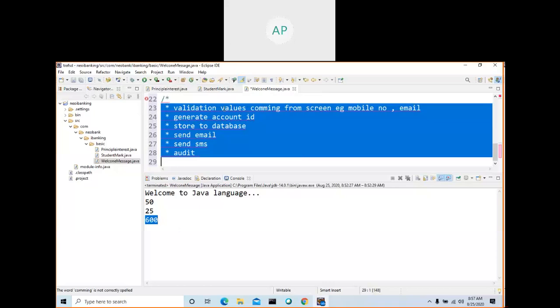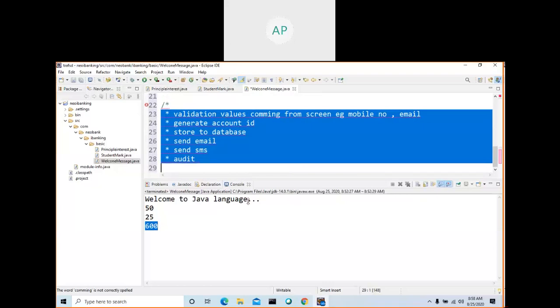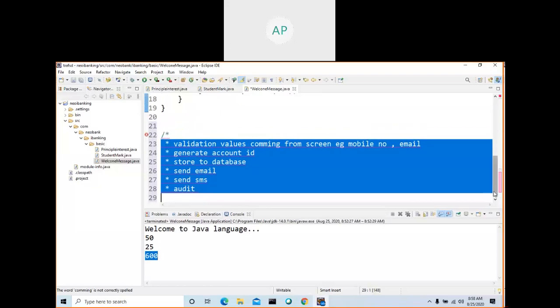Say if you have a method with 1,000 lines, it is not at all maintainable. When there is any change, then you need to understand all the 1,000 lines of code, and then you do the changes and you do testing. So this is not at all right. So better to move our logic to different methods, and you call those methods whenever you need. Anyway, we'll think.